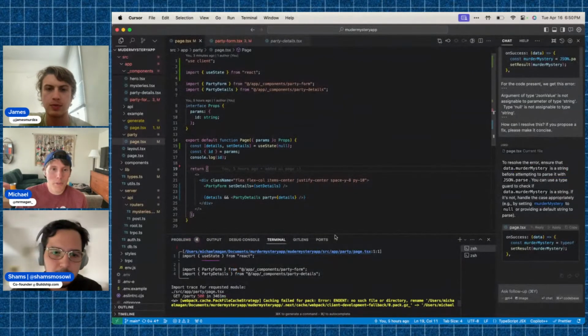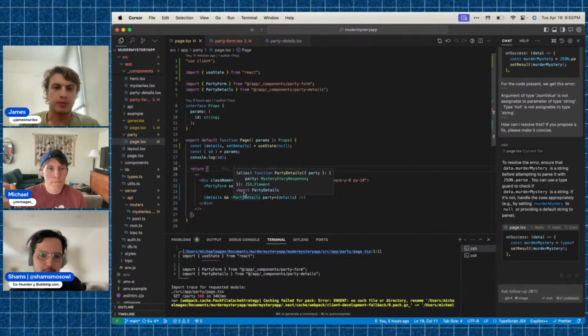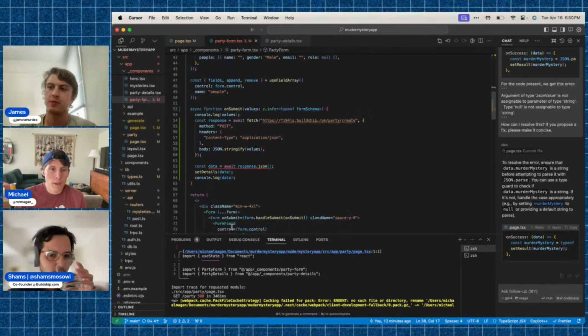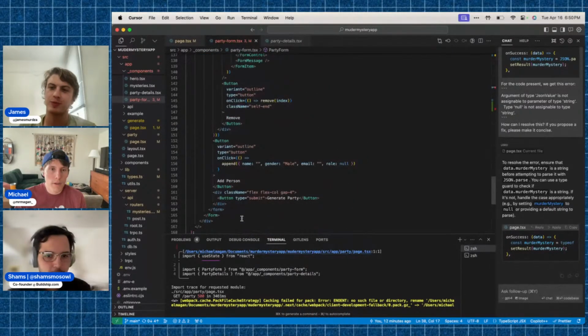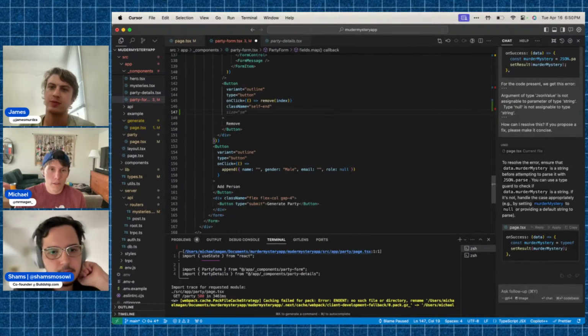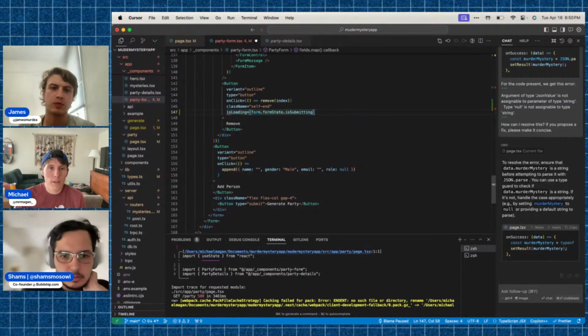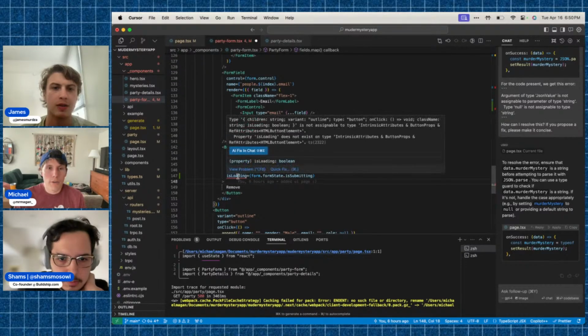So we want to add some loading state. Okay. And then send the emails. Cool. All right. So go to party form, and then we can do it in the button. It should have a loading state. Yeah, I don't think you can. What button is this? What library are you using? This is ShadCN.